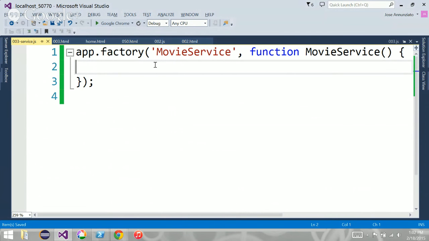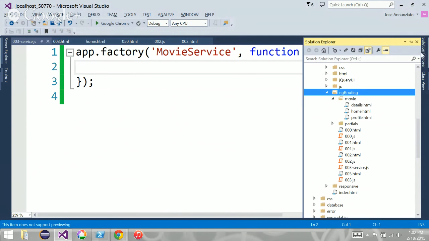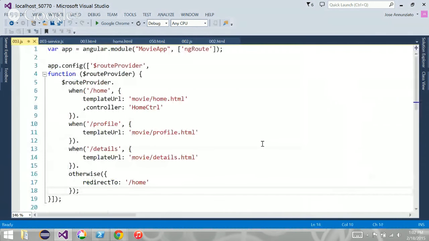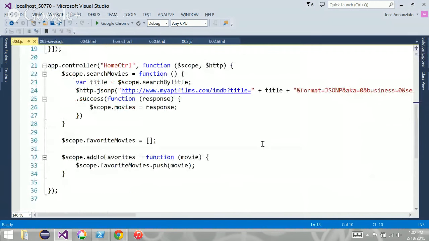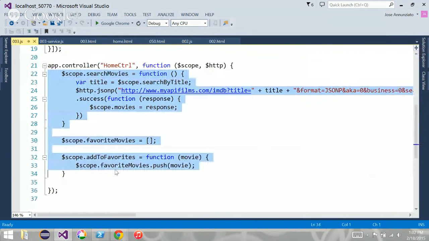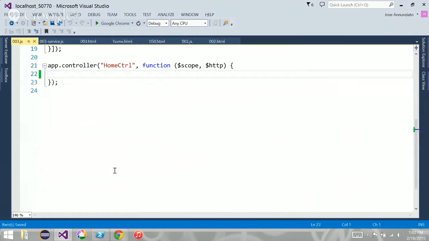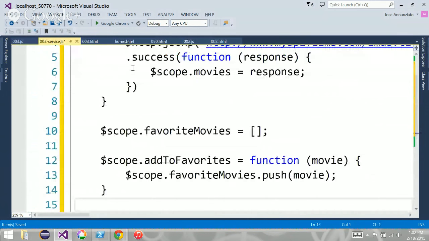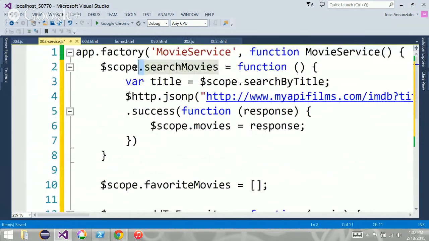So for instance, let's move the search over here. From here, we're going to move this search movie stuff, all this, out of here and into the service. And this is going to be just a regular function.